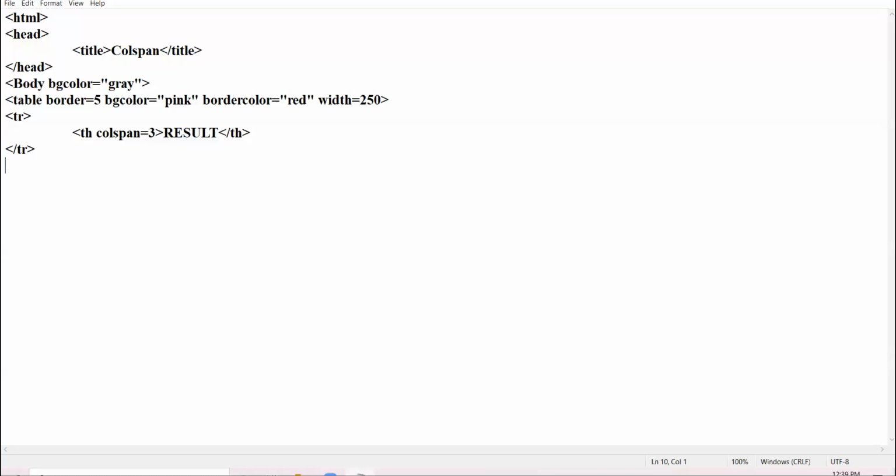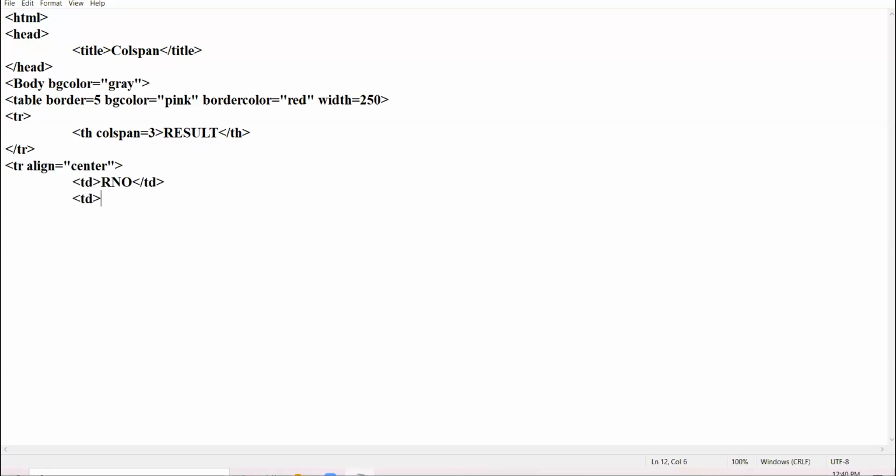Okay. Now I start with the next row, that is the second row, which is the normal row. My first cell, roll number. Okay.